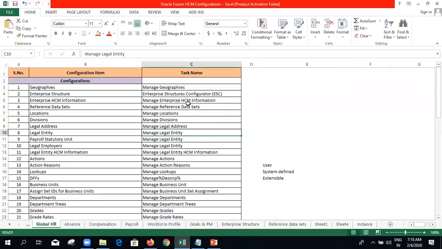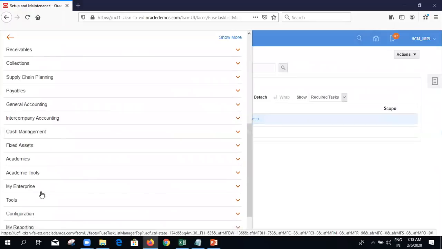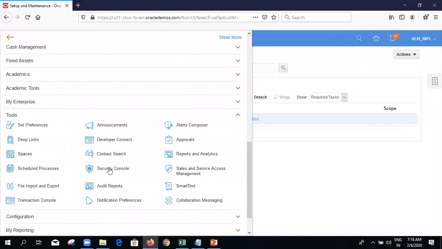So we'll start with our configuration of manage geographies from tomorrow's session. Today, let me give you an understanding of how to create the user account and these screens. Okay. So where do we have to go? Security console, tools, security console.